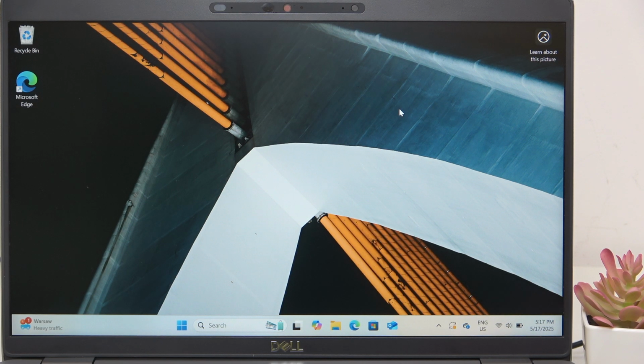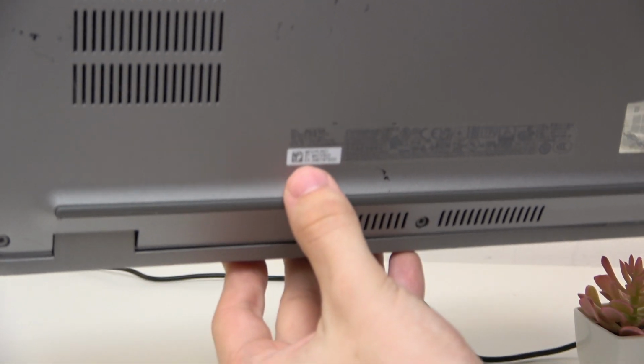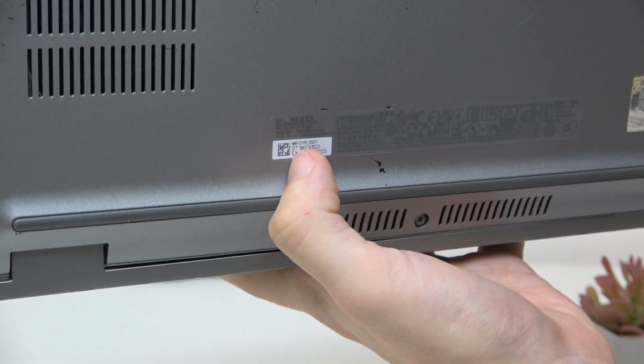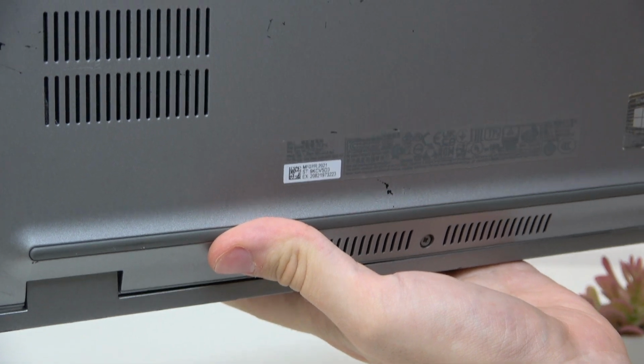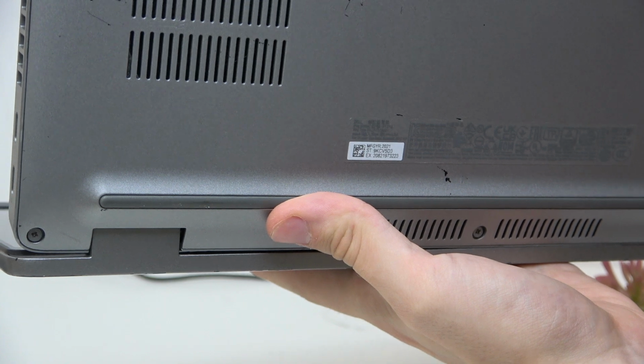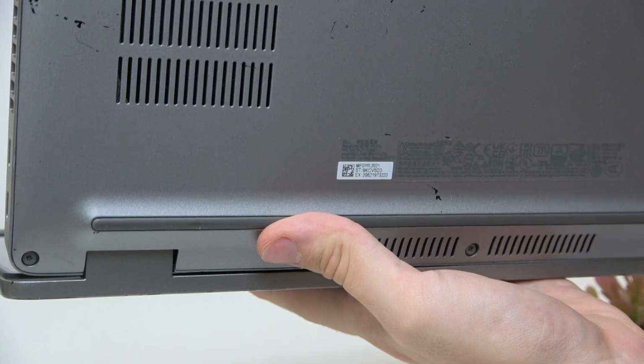So to do that, flip your laptop over and look at the sticker, the white sticker most probably. And it'll be marked with ST. This is the serial number. I'm just gonna take a picture of it so I can enter it later in a moment. Okay, I have it, and now